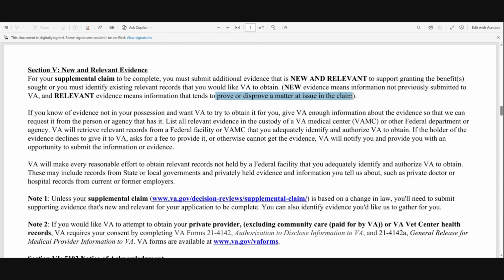For the evidence to be relevant, it has to prove or disprove a matter at issue. Most of the time, it doesn't disprove anything, it proves something. So what issue are they talking about? Well, on your claim, this mostly applies to